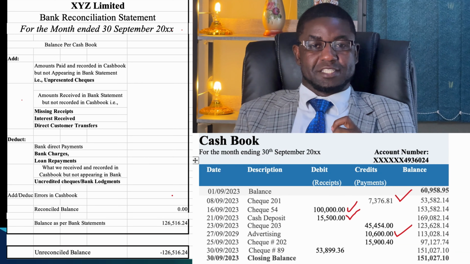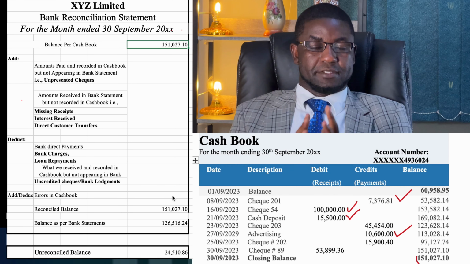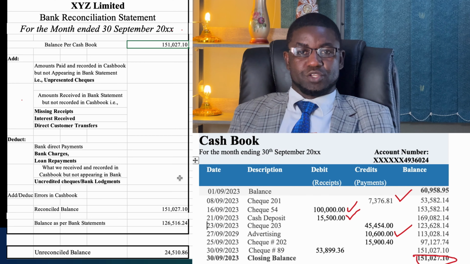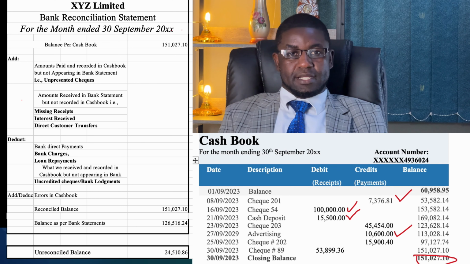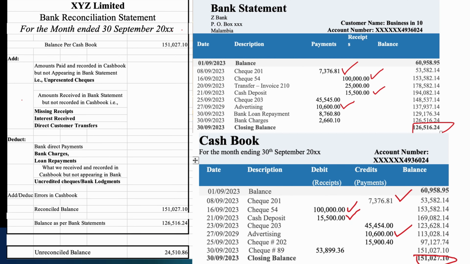Now let's work with the figures based on our bank statement and our cash book. Balance per cash book, we have 151,027.1. Then we're going to insert in the reconciliation form, and we have now to add what we paid but not appeared in the bank statement. You will notice that on 30th, we prepared a check number 202 amounting to 15,900.4, but it was not presented at the bank, or it's not appearing. So we are going to add back